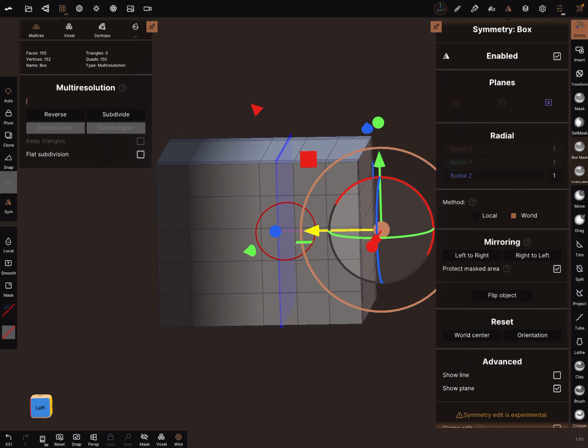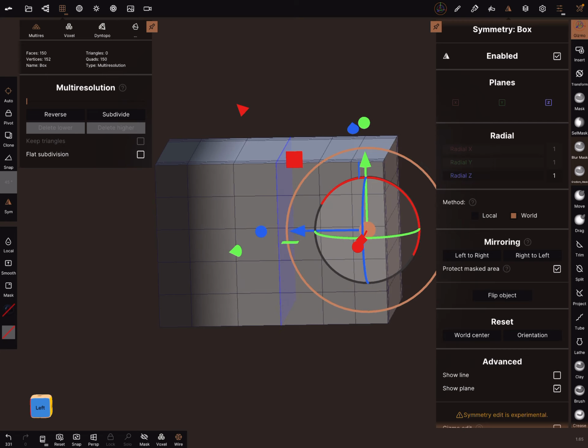And now the masked part stays fixed, and you can now use the ball to scale and the arrow to scale.